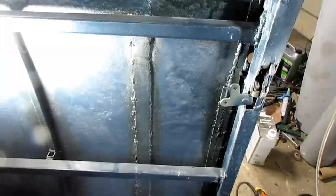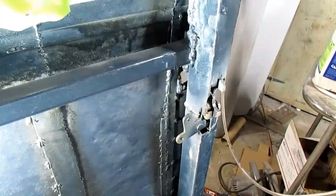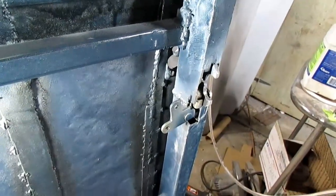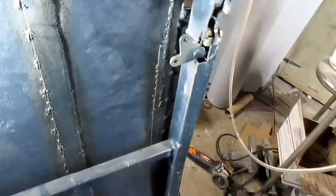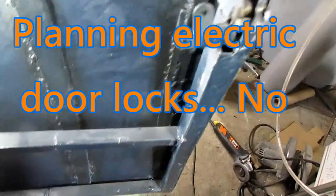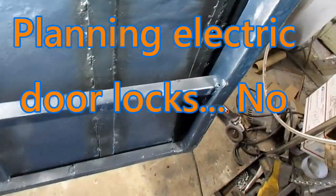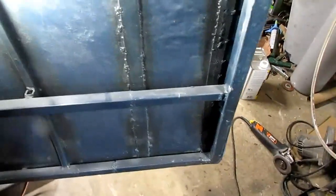So this is, well, I gave up on trying to figure out a way to do this. I could have got those handles through it and ran them out the back here, but I've got a pretty straight shot right here from there down to the bottom. The window's only going to go down this far, so